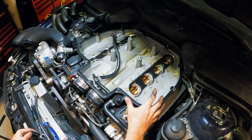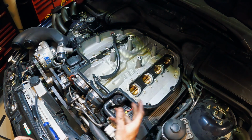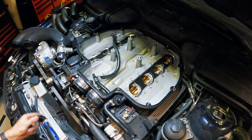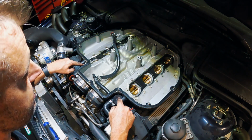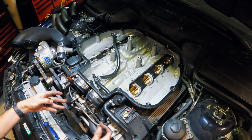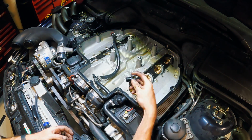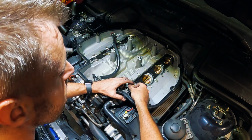So obviously these engines were never designed to have boost, and because of the way the PCV system works in the plenum, ECS had to come up with a system to stop the boost getting into the PCV system. What they've actually done, these, I think they're called swirl pots, just poke through rubber grommets into the plenum. Now, obviously, if it's just under vacuum, that's never going to be a problem, but under boost, it'd pop them straight out. So what ECS have done, they supply these screw-in fittings,